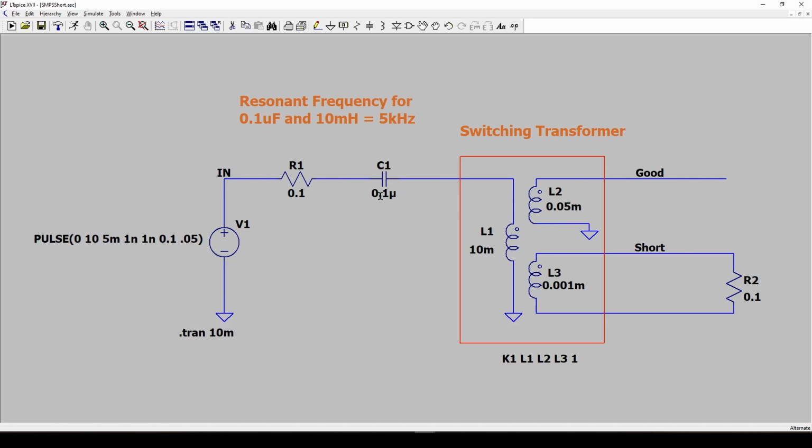If I apply a pulse through a capacitor and a resistor into my switching transformer and apply a short circuit, is it going to be a viable test to measure the number of pulses above a certain value with and without the short circuit? That becomes a really important point if you want to figure out if this is going to work. Is it going to work with a certain switching transformer with a certain value of inductance and with a certain short circuit and capacitor value and everything else? So it becomes a very challenging task to figure out whether this concept is going to be of any use